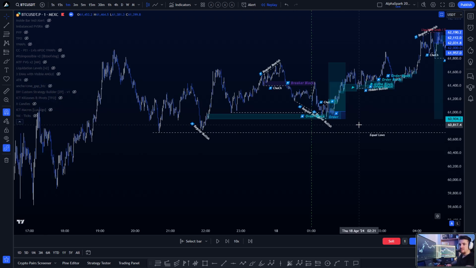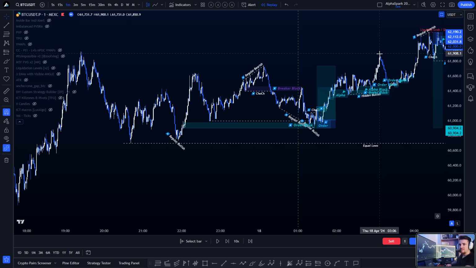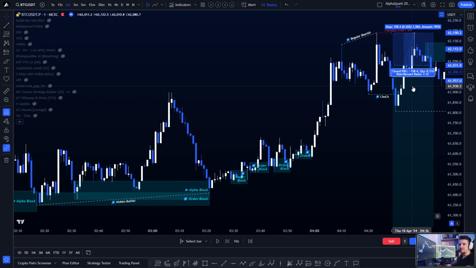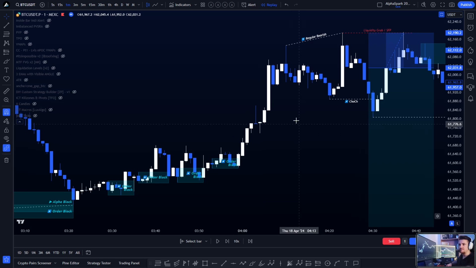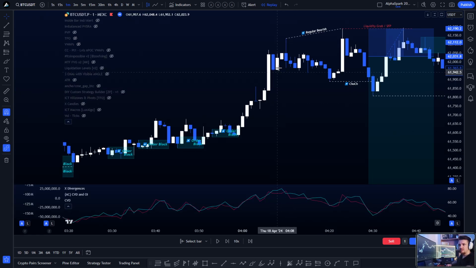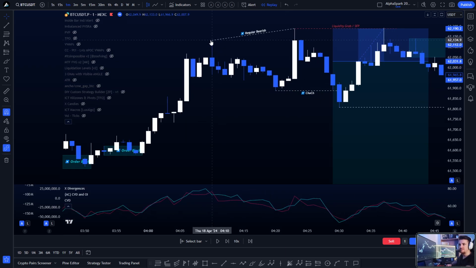So after we take this high, that high, we start creating divergences. So we take the liquidity in between this high and that high. We don't have a div, but we do have a regular bearish divergence right here, and we change character here. So following the same idea, the same logic,